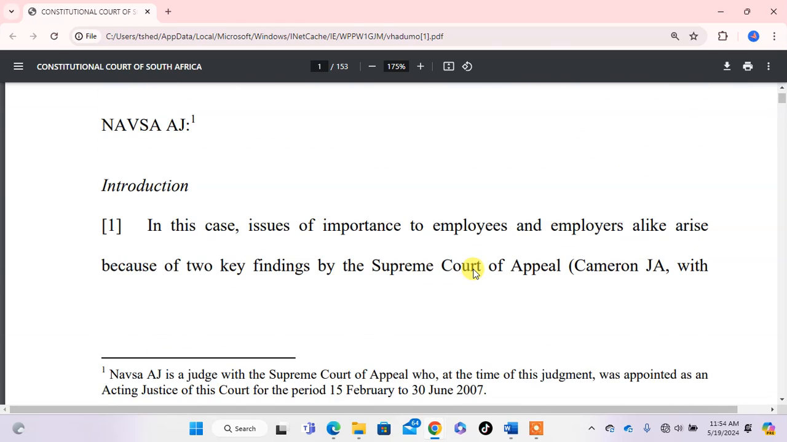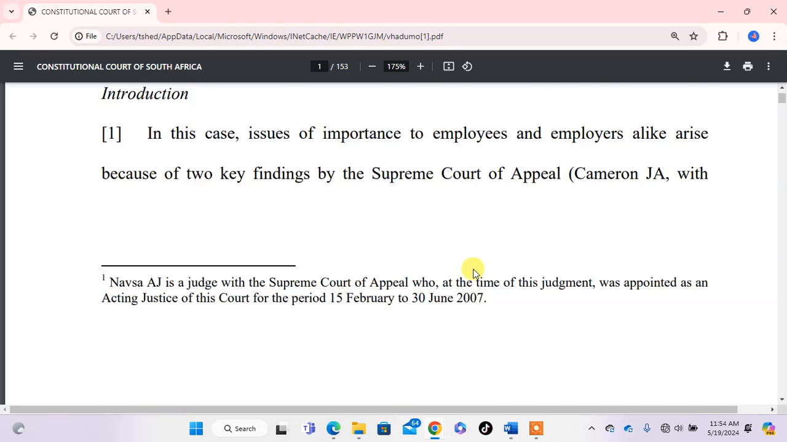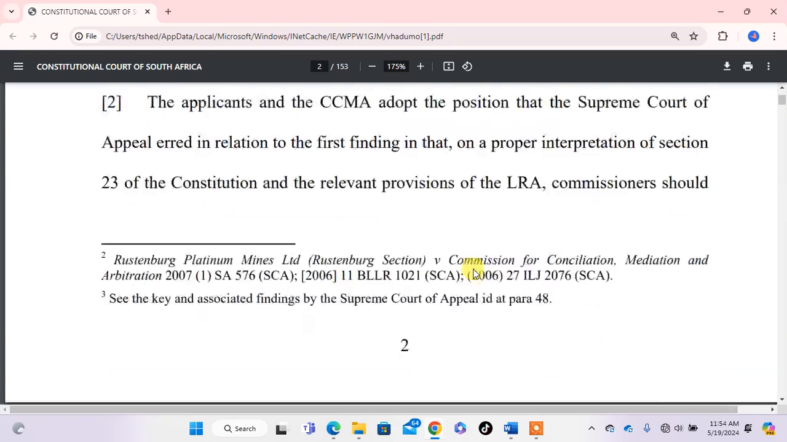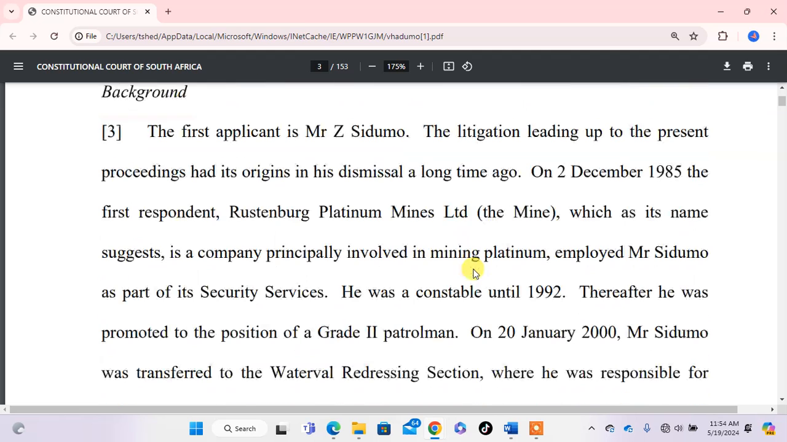Okay, let's start. The issue here is the issue. We have to read from the background. They said that Mr. Sidumo was dismissed. He was employed on the 2 December 1985 by the Rustenburg Platinum as the employer. Mr. Sidumo was part of security services. It means that